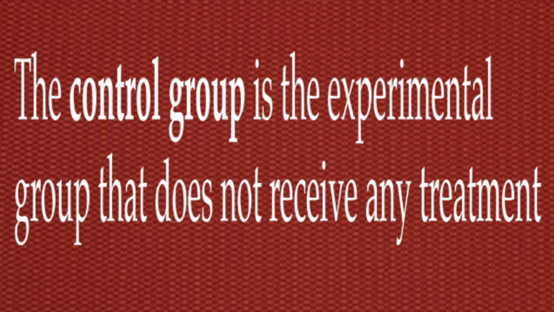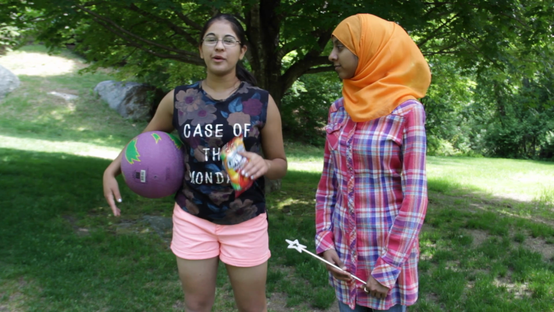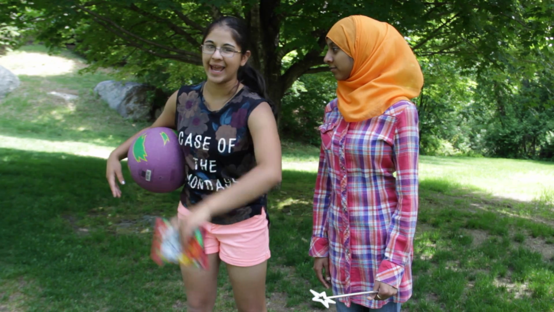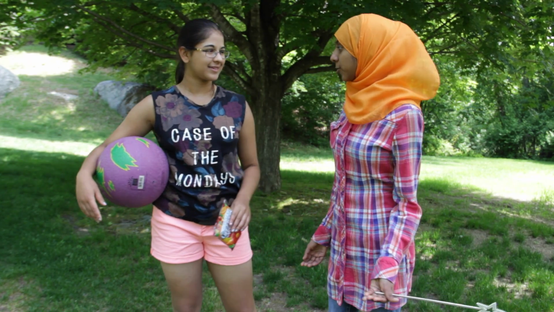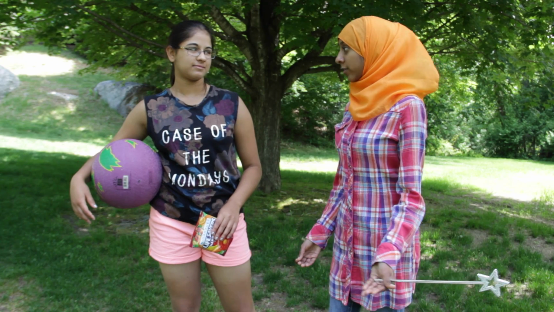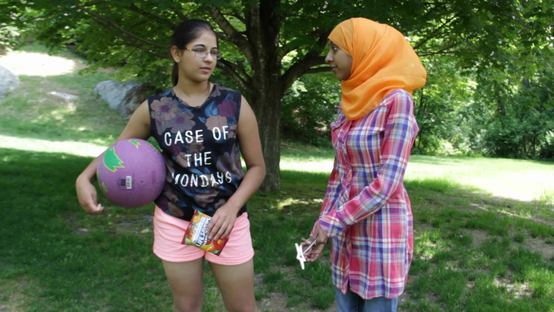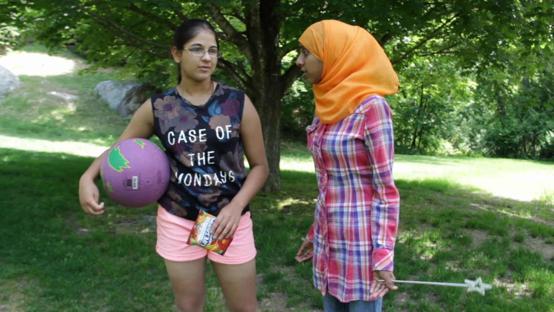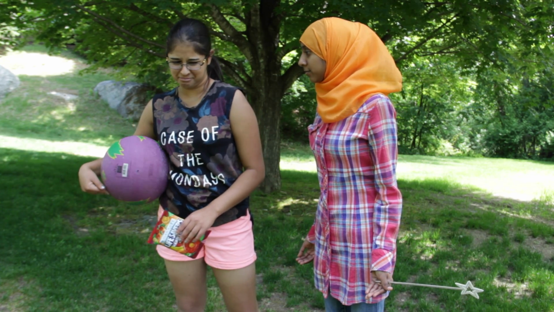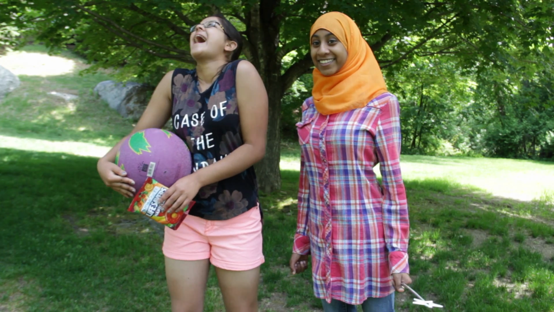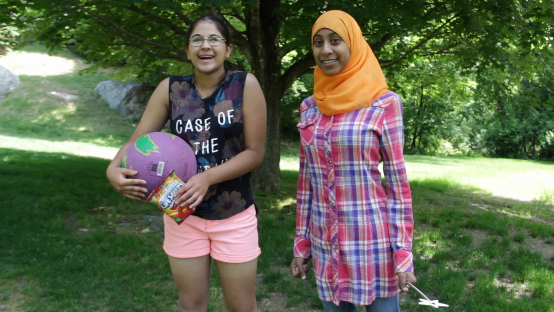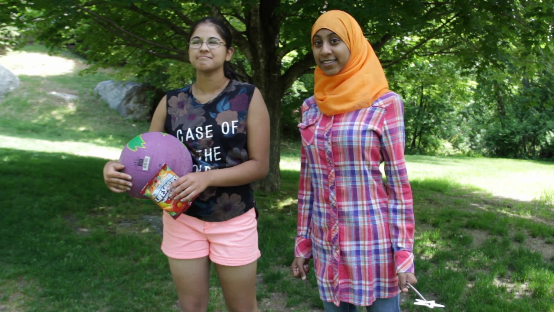The control group, duh. The control group is the experimental group that does not receive any treatment. Ooh, so we would have a control group that doesn't eat any candy. You could separate the people within each sex into two groups. One group will catch the ball without eating any candy, and the second group will catch the ball already having eaten candy. Gosh, like it's hard. That sounds perfect! Now that we have established this, we need to design the experiment using the principles of random